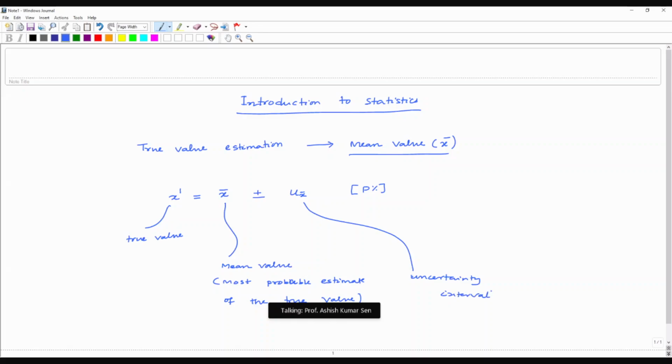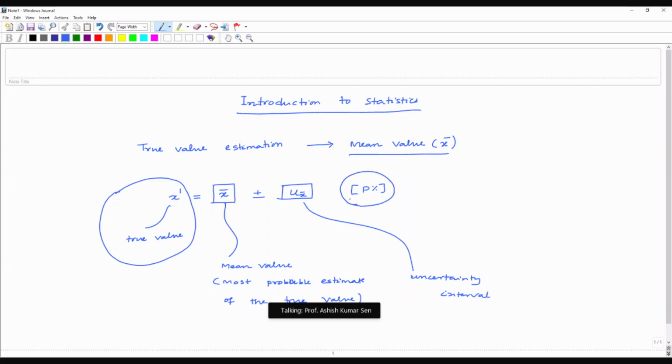Okay. And so what does it mean? It means that we cannot really find out the true value. All we can do is estimate a true value. So we take a population, we find the mean value. We take a sample and we find the mean value, and we find the uncertainty interval, which is the standard deviation of the data in the sample, and we say that